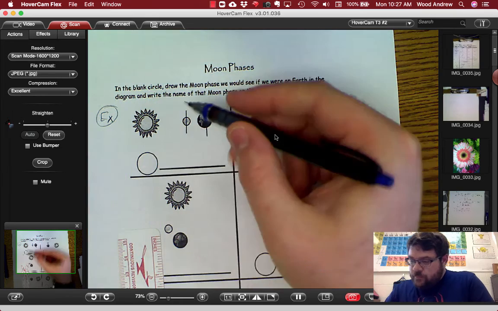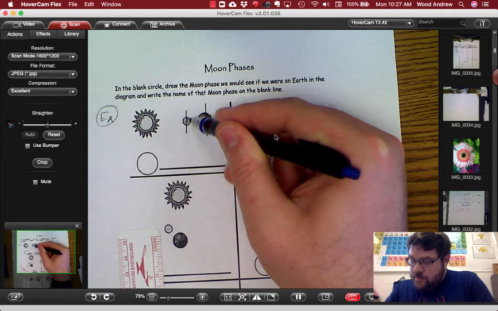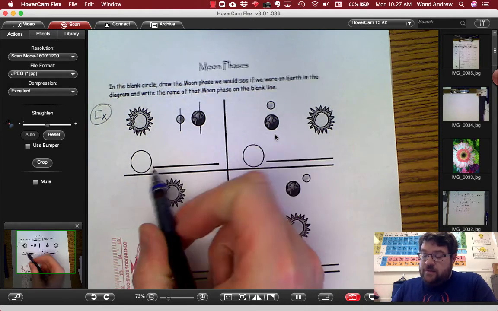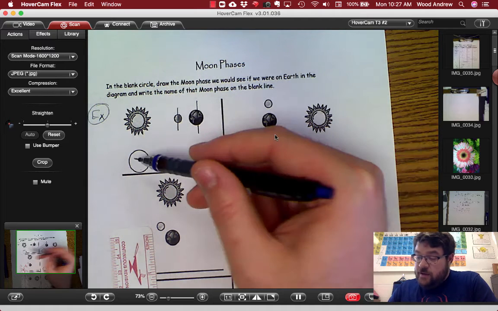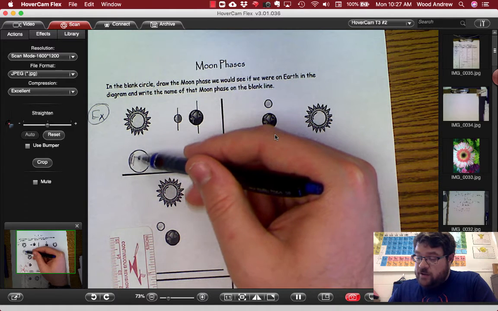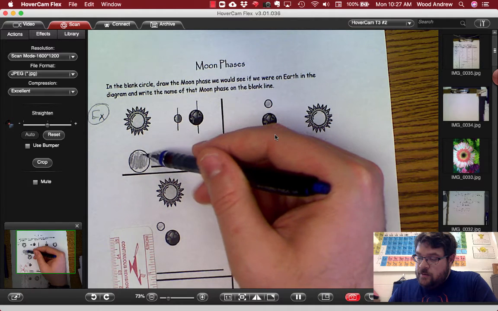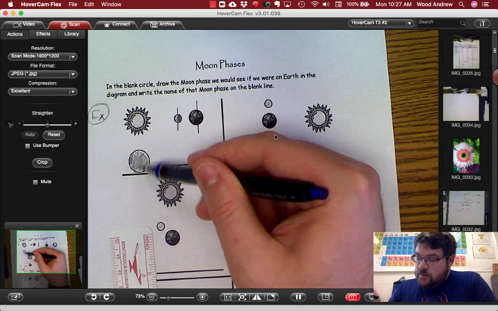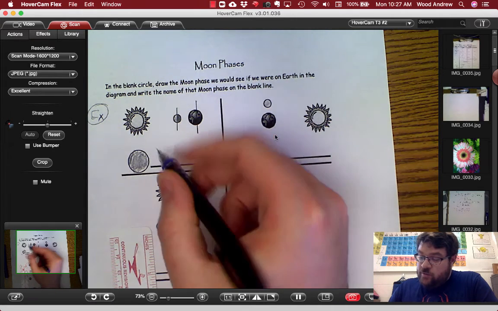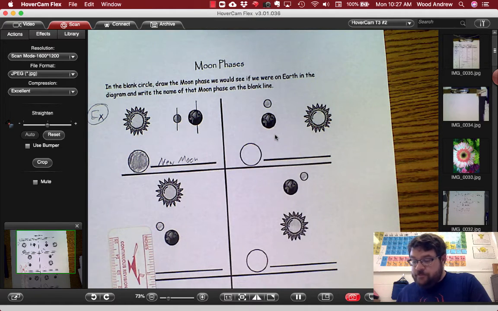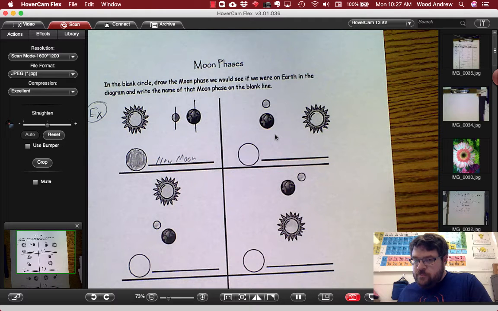Okay. Light side, dark side. So in this position, we're going to see none of the lit portion. It's going to be all dark. So I'm going to shade that entirely in. And this would be the new moon. Okay? Yeah. So, looking at other moon phases as we go on, let's do one more with you because that one's